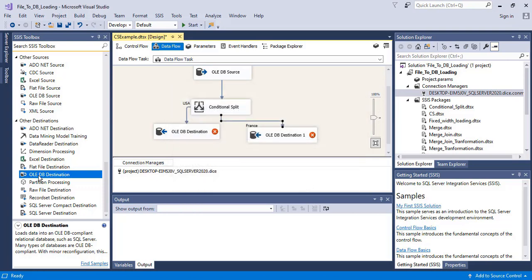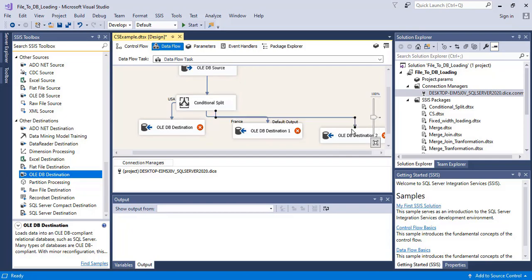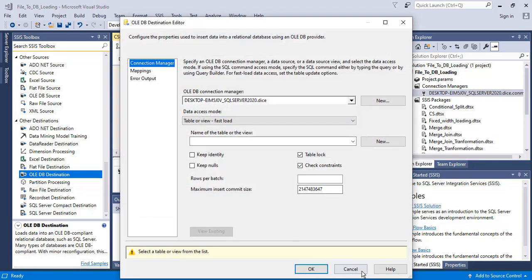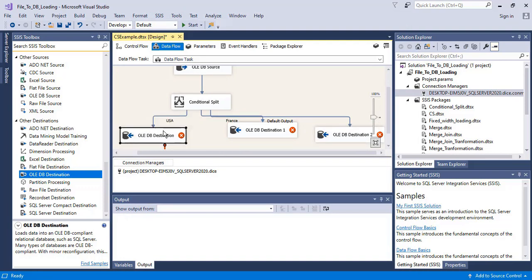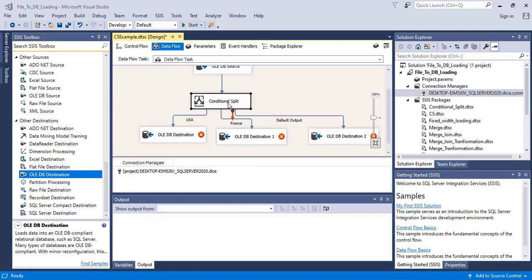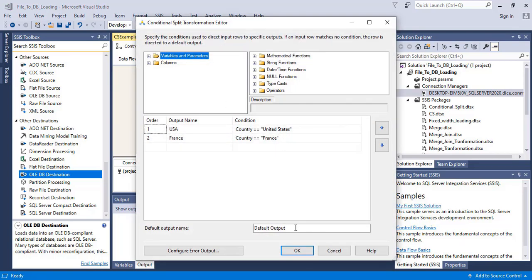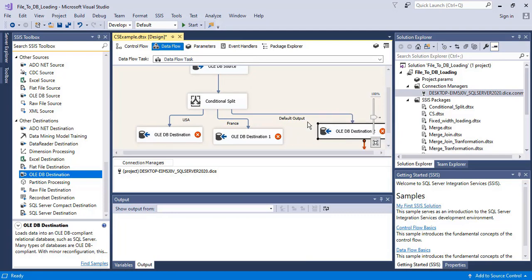The third one, I'm going to have another database connection. This will go to the default. So I'm going to have 3 destinations. Based on the condition, United States will go to this destination, France will go to this destination, and the default output will go to this destination. In the default output, I'm going to get data other than USA and France.